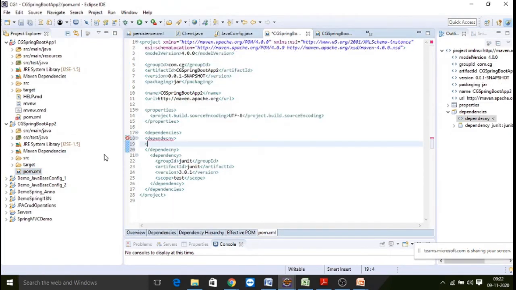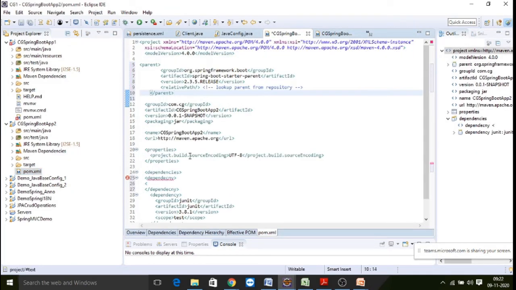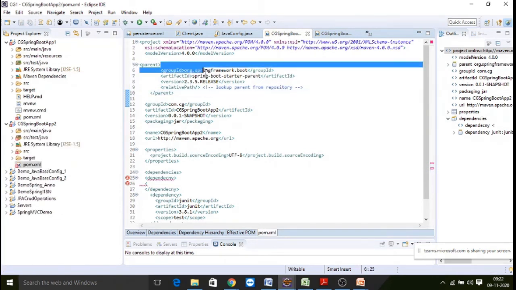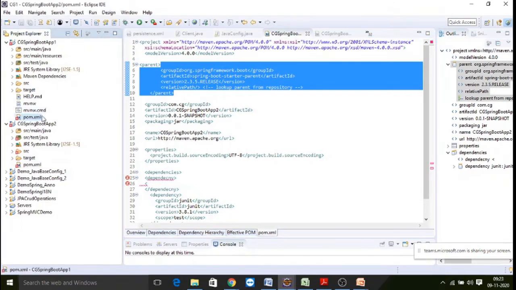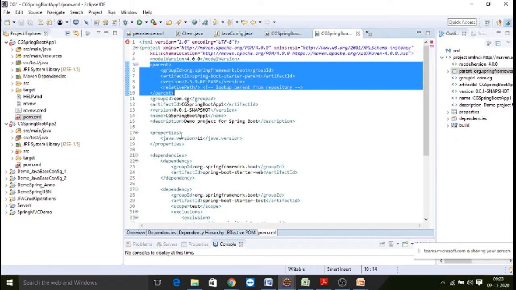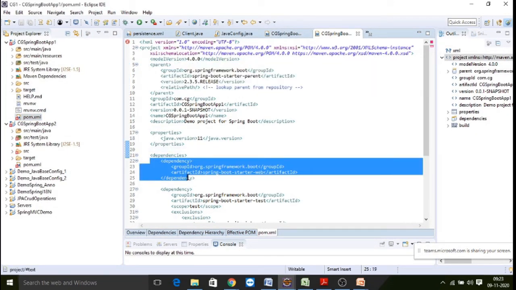It is going to acquire the properties from your Spring Boot project. This is the latest version we are going to use. It is going to acquire all the features of your Spring framework with a single dependency. Second, one more dependency we need is Spring Boot starter web.